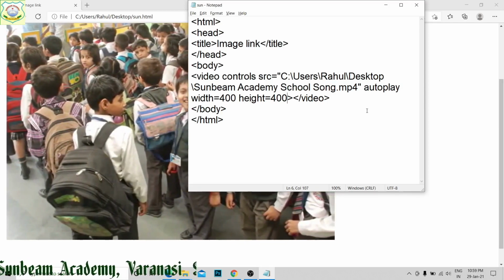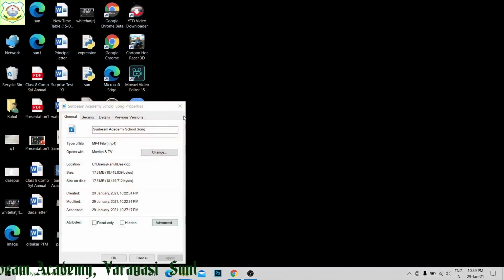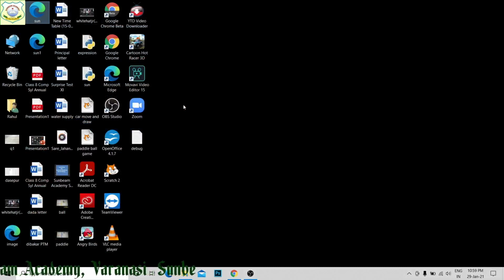Now students, I am going to use frames. How are we going to give frames to any object on our screen? For this we have the iframe tag with a few attributes like src, which gives the URL, and height and width. We can control our iframe.